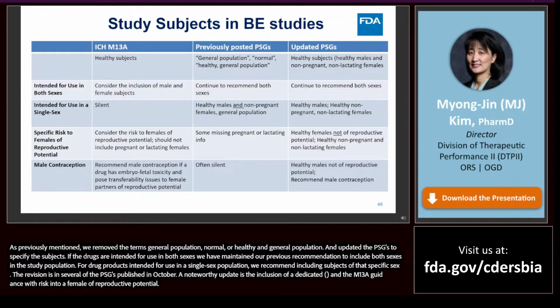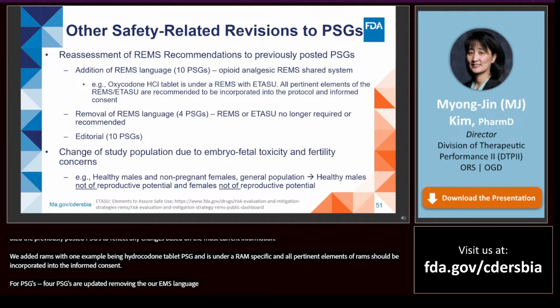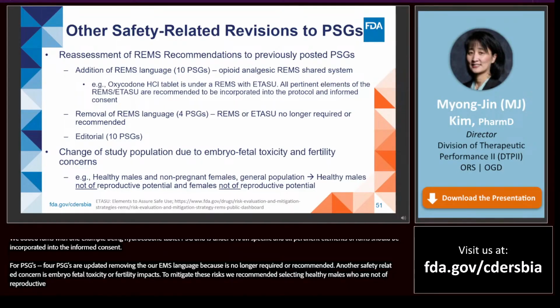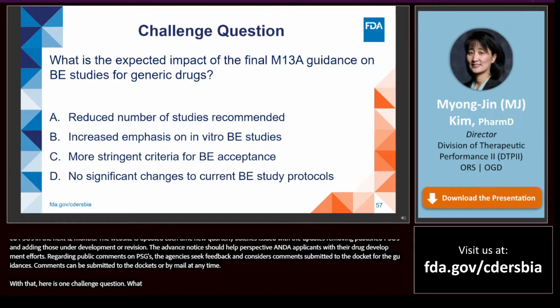in clinical trials. Ultimately, the finalization of M13A guidance streamlines the number of required bioequivalent studies, thereby simplifying the approval process for generic drugs. This anticipated change significantly enhances efficiency in drug development. Moreover, the FDA is committed to regularly updating the relevant guidance documents in alignment with M13A. This ongoing process ensures that recommendations accurately reflect the agency's current thinking on drug products, supporting prospective applicants in their